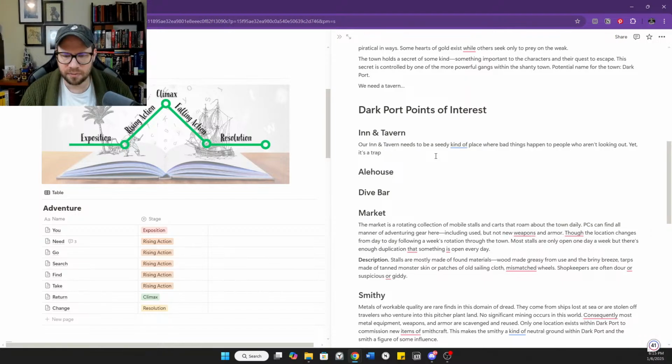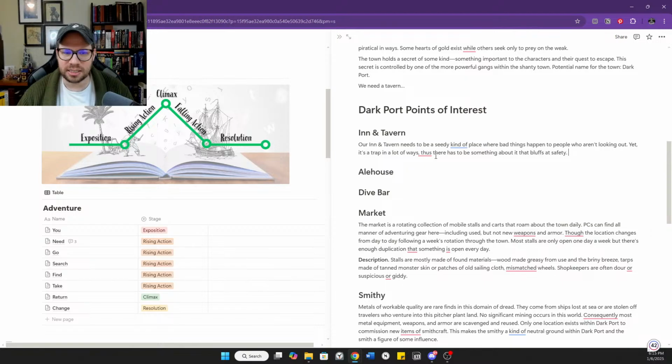Yet, it's a trap in a lot of ways. Thus, there has to be something about it that bluffs at safety. So it's a fine line we're walking here because we don't want to scare off our players. We don't want them to walk into this place and just go, nope, nope, nope, and turn around and leave. Because we've got this hook here, and a cool hook that we have to pull them into our next adventure. We want this to be more of a conundrum for them. Should they stay or should they go?